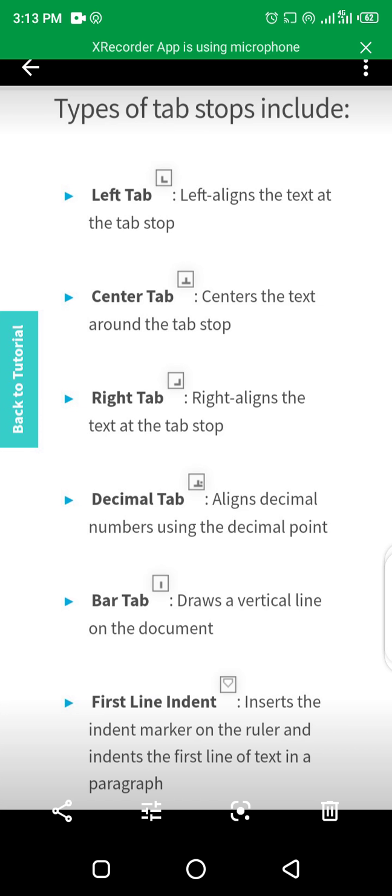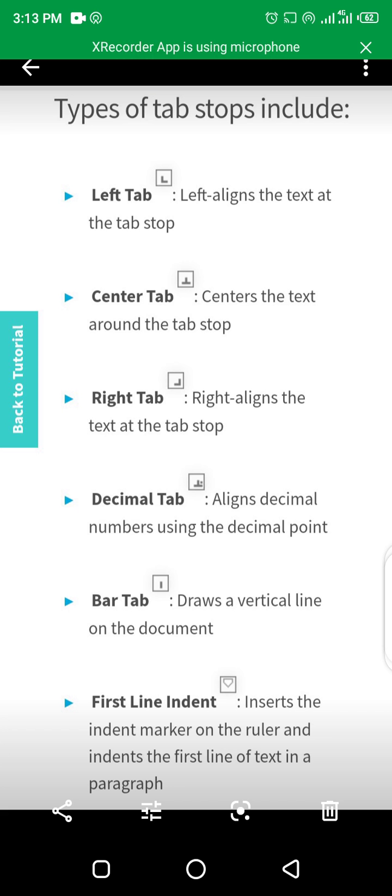Now, the types of tabs included in your syllabus are: left tab, which left aligns the text at the tab stop. Center tab centers the text around the tab stop. Right tab right aligns the text at the tab stop. And decimal tab aligns decimal numbers using the decimal point. Bar tab draws a vertical line on the document.